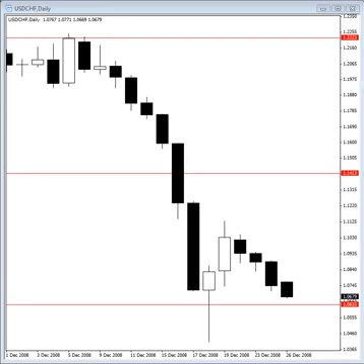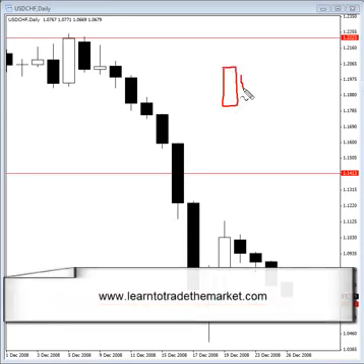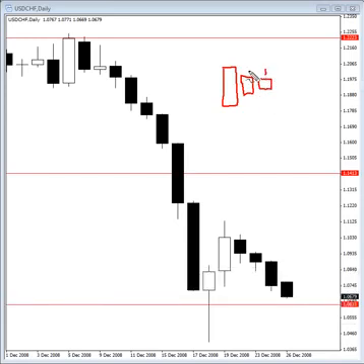I'd like to introduce you to the concept of inside bar trading. For those of you that don't know what an inside bar is, I'll quickly draw it for you on the chart. It's simply a bar that forms inside the previous bar's range. For example, this bar here and this bar here would be inside the mother candle, this bar here being the mother candle. So if we look at a chart and identify these inside bars, we can trade them and make profits